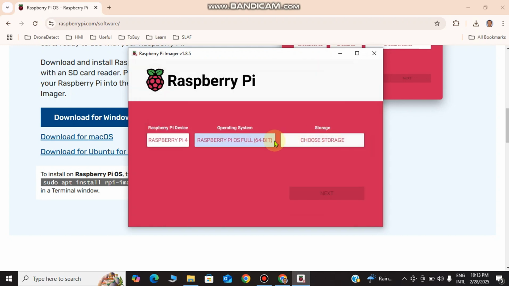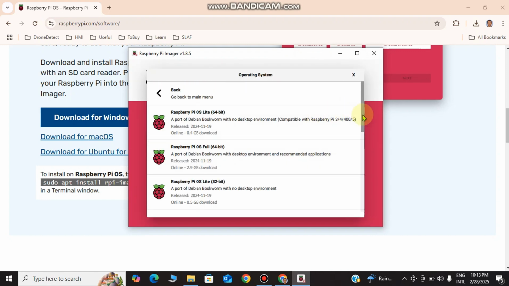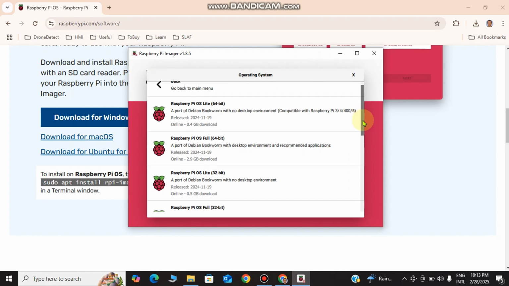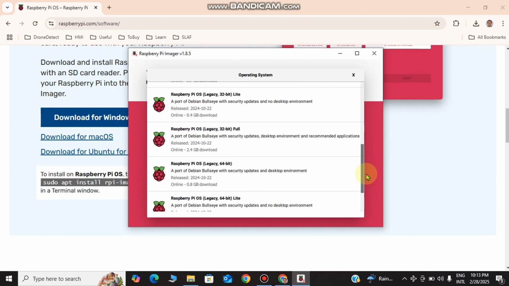Click in here, click in here, and I will install, not this one, actually I will install this one, this legacy version, 64-bit version. I normally prefer the 64-bit version over the 32-bit because there are some libraries that do not support the 32-bit operating system, so I like to use the 64-bit version. So I will choose this one,